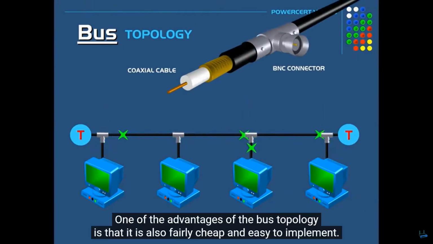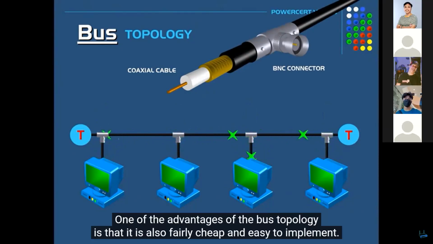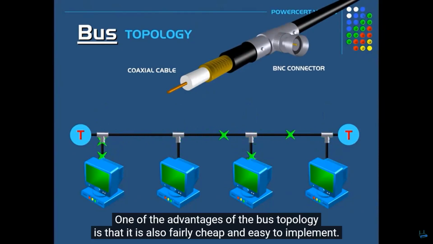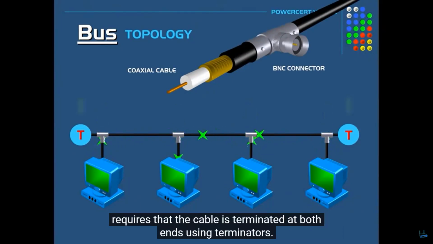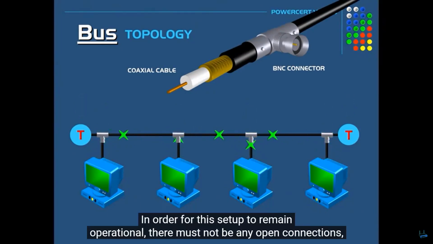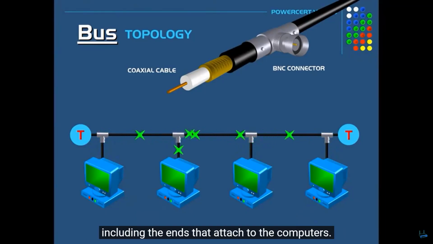One of the advantages of the bus topology is that it is also fairly cheap and easy to implement. However, a disadvantage of the bus topology is that it requires that the cable be terminated at both ends using terminators. In order for this setup to remain operational, there must not be any open connections, including the ends that